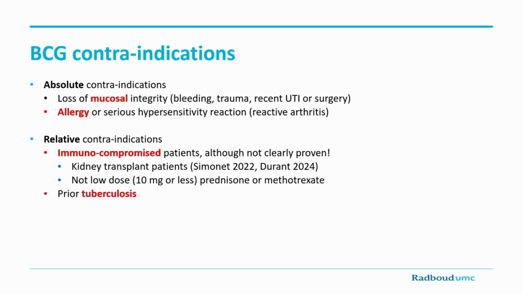Let's look at contraindications. Absolute contraindications are, of course, mucosal integrity loss, like within 24 hours after TUR. Don't give BCG then. And of course also an allergy. Relative contraindications is immunocompromised patients, specifically the ones with kidney transplantation. We have a large kidney transplantation unit in Nijmegen, and I've treated patients with BCG, and if you control them well and again make sure there is no perforation, etc., it's doable, and they don't have much more complaints than patients that are not on